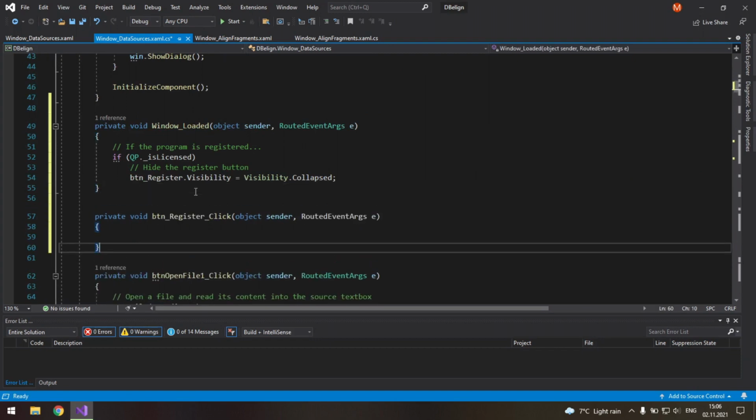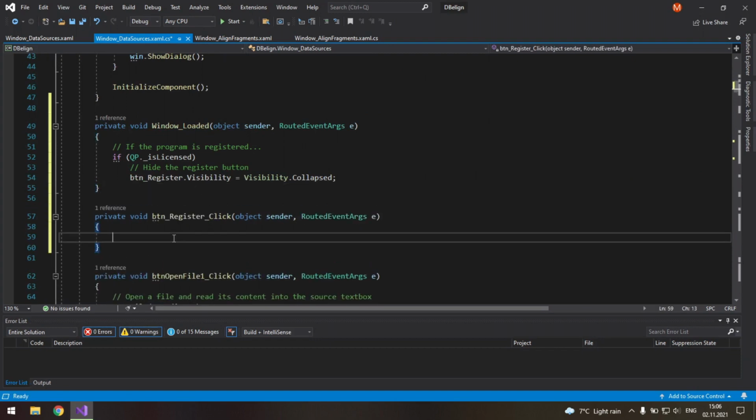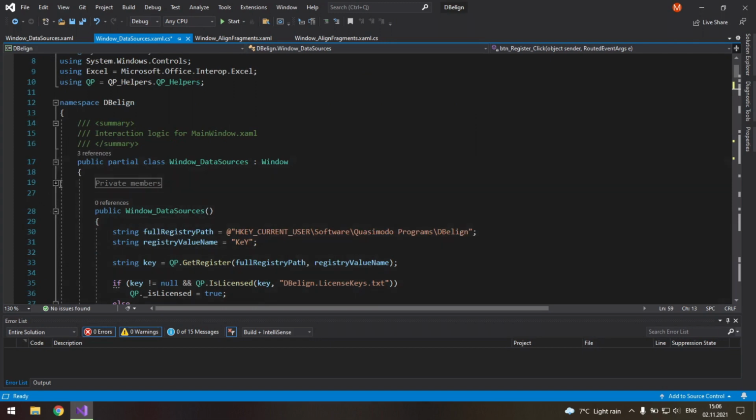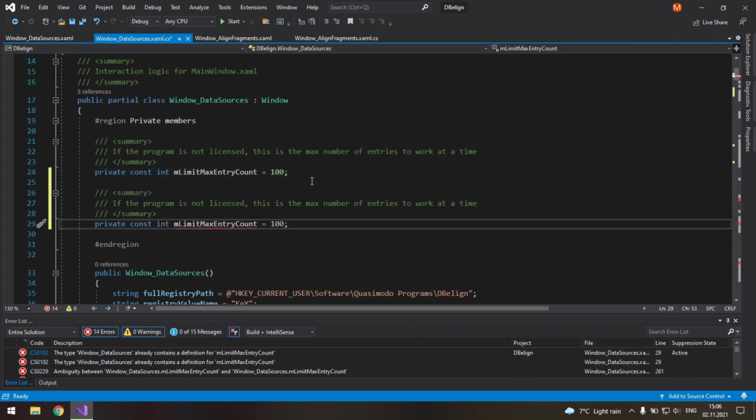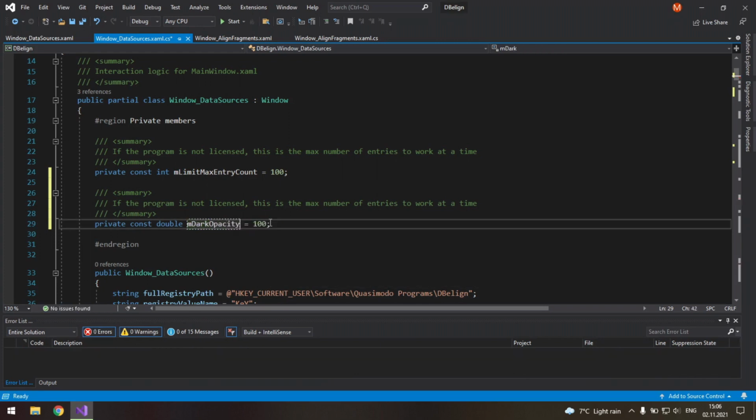here. Before we write the code for it, let's navigate to our private members and create a new private constant variable. Well, actually a field, private const double m dark opacity. And it will be used when we open the window by to darken this window. Let's set it to 0.5.